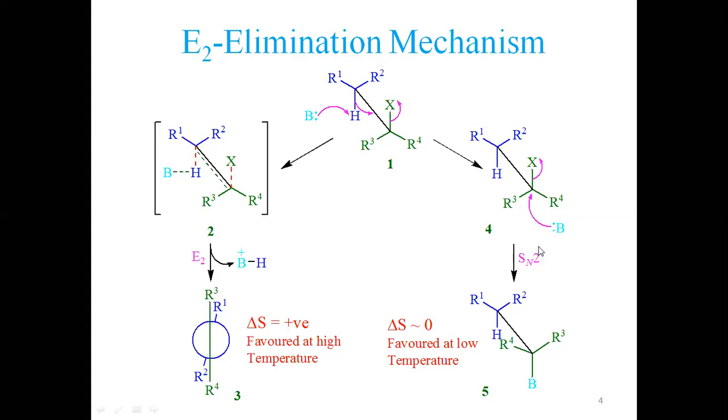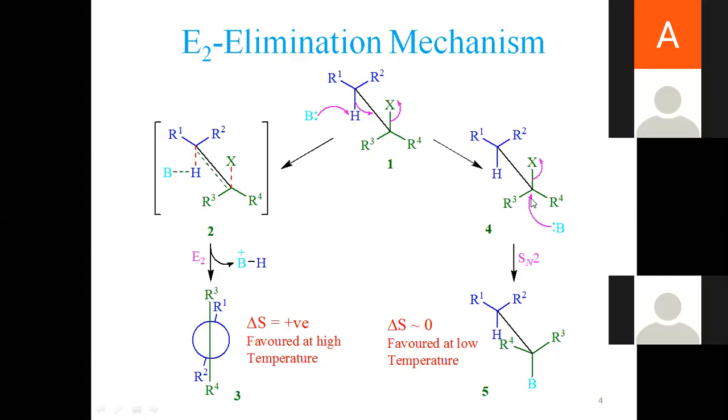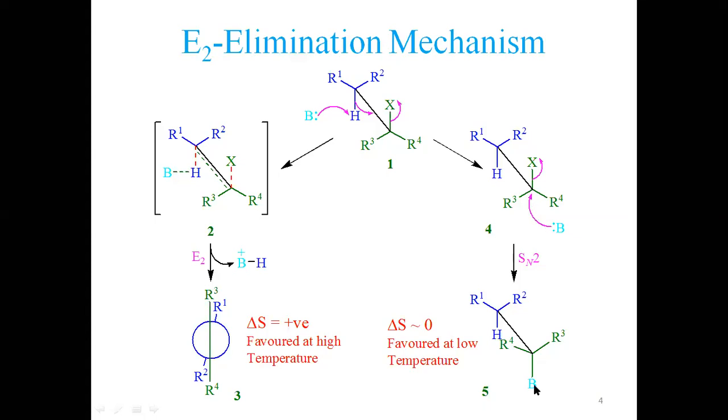So if you remember this one, this X shall leave with the electron pair, and a base which has a nucleophilic character as well shall approach the same carbon in the opposite direction. As a result, we shall get the bond of base with this carbon, and still we are having R2, R3 opposite, R1 and R3 are eclipsing each other. Why? Because there is an inversion in configuration at the front carbon. All right. So due to this, the relationship is changed. So this is a substitution, meaning SN2 is competing with E2.